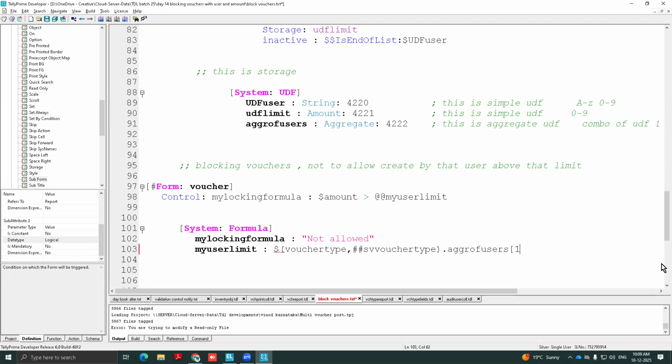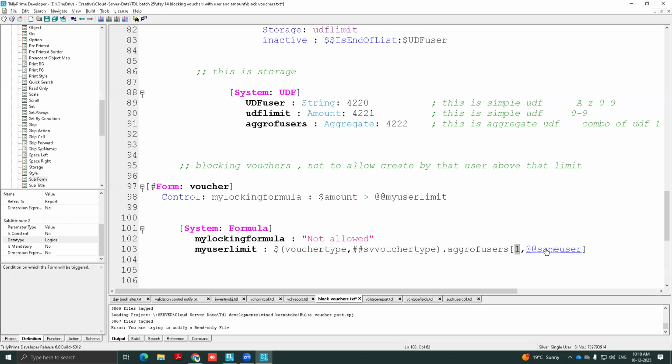कंपनी का यूजर जो है अभी करंट, उसका नाम और इस एग्रीगेट यूजर की जो लिस्ट है उसका नाम मैच होना चाहिए. सो फर्स्ट यूजर कॉमा again system formula. You can write here like this also, you can write here directly code also, but it will be slightly difficult to understand for newcomers. So I am writing here system formula @ same user square bracket complete means first user जो